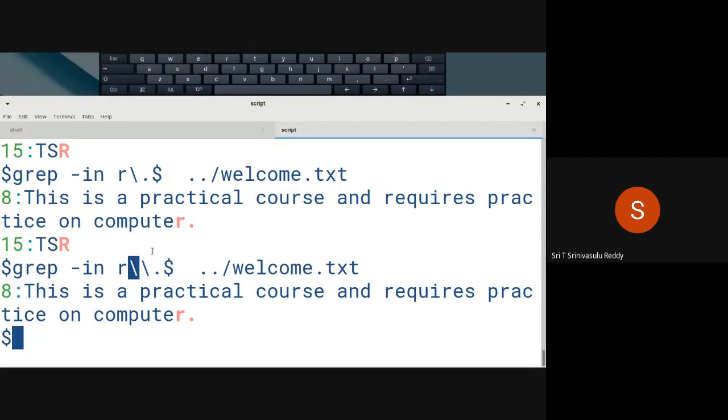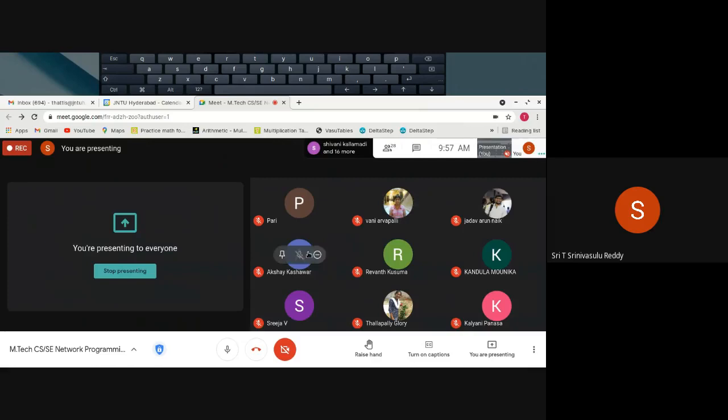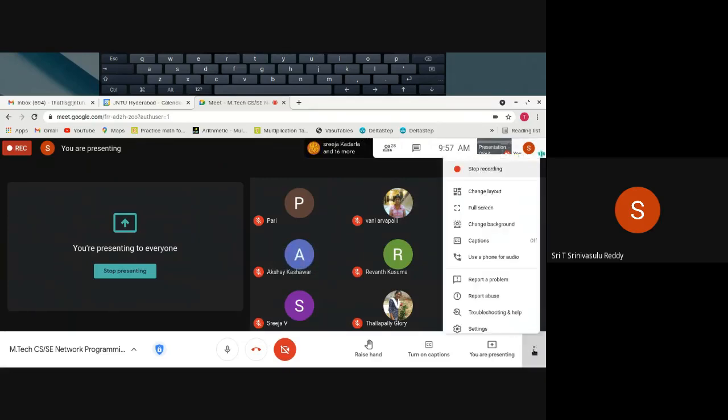Okay, so for grep, line beginning is caret, line ending is dollar, and dot has a special meaning, right? All those related things, we will be learning more as we go along. So Thursday we'll meet again. But today, let me stop the recording.